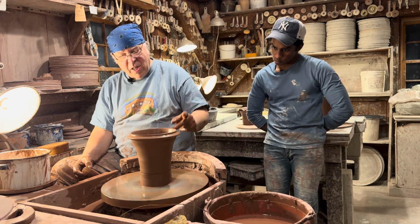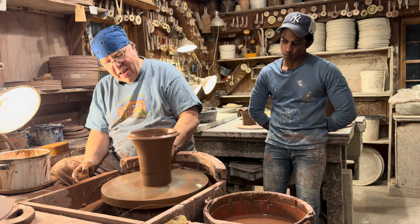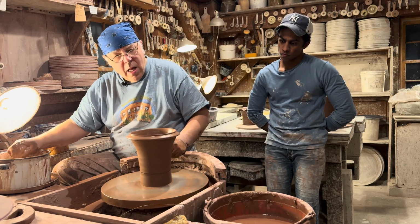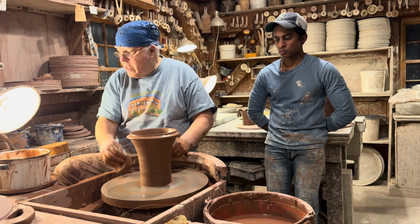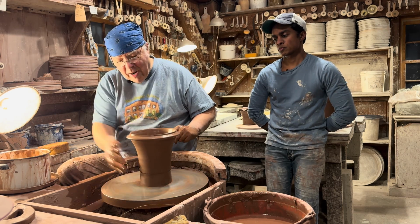Utterly, this looks pretty much like what we've already done already. But I'm going to, at about 1 inch above the bottom, push in. And it's going to completely transform the shape of the pot. And it's basically an architectural trick. So if I put this clay at the bottom under compression,